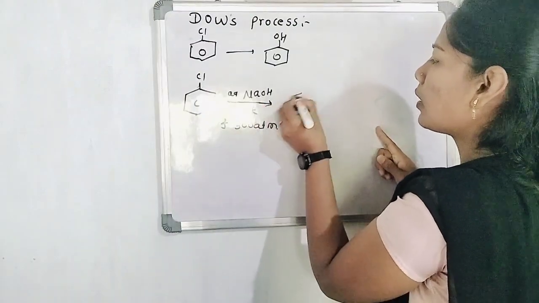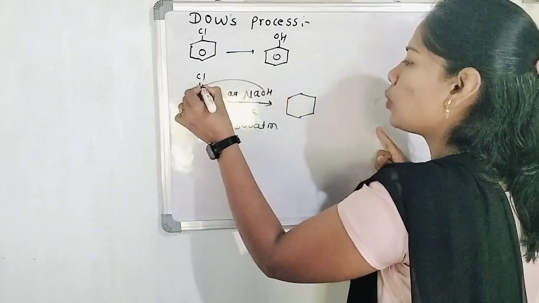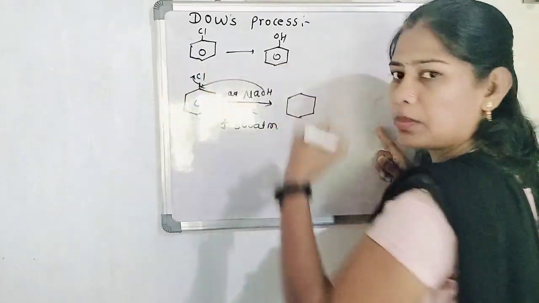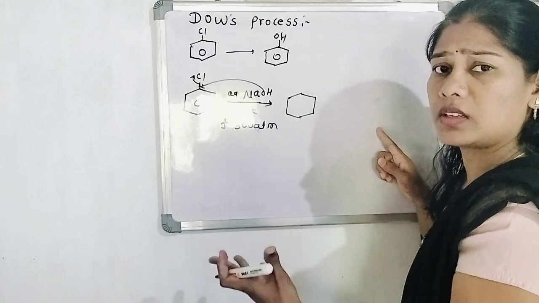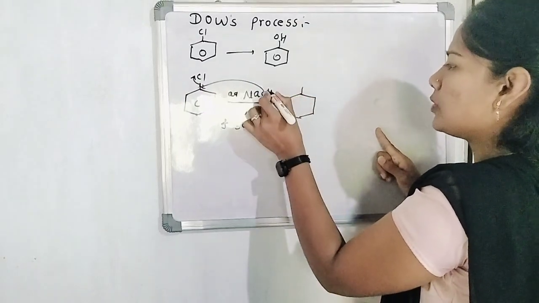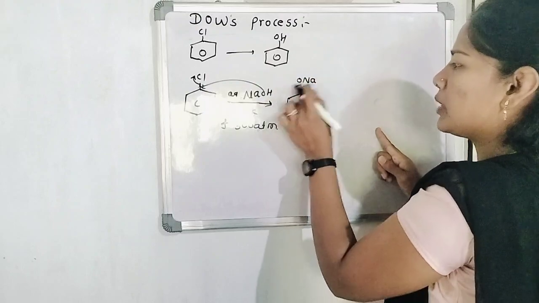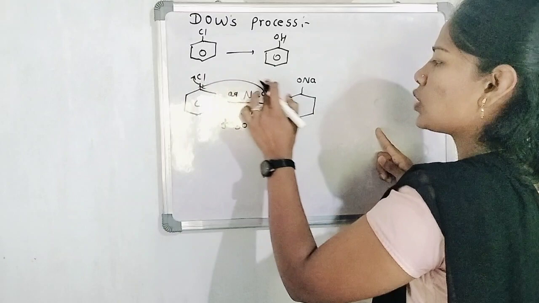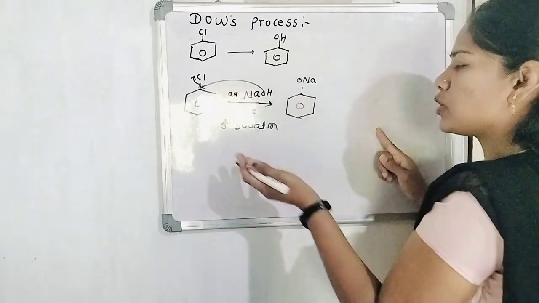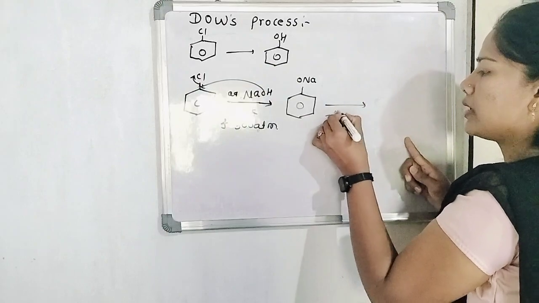See here, attack of this oxygen towards this carbon. If you do the reaction in this pattern, you will understand it better. And formation of the compound: attack of this oxygen towards this, so benzene containing Na is formed, while H and Cl react together to form a byproduct, which one is that? HCl.